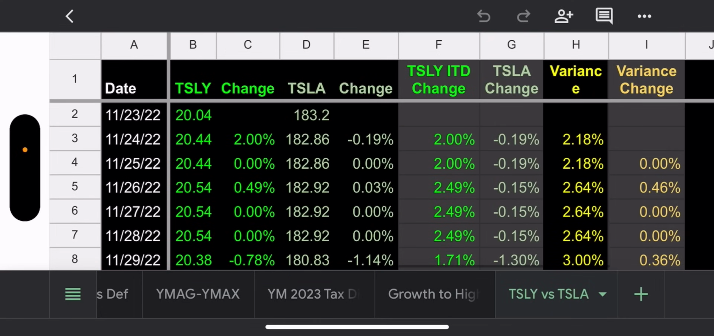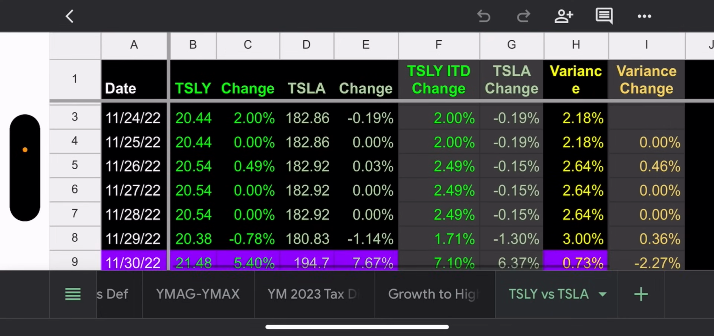So if you look in the very beginning, right, the first few days, Tesley right off the bat went up 2%, and that's because they sold them calls right away, right? They opened that synthetic, they sold them calls, they made 2%, and then Tesla, they lost 0.19%. So day one, Tesley was in the lead, 2.18%. Okay, then moving down,